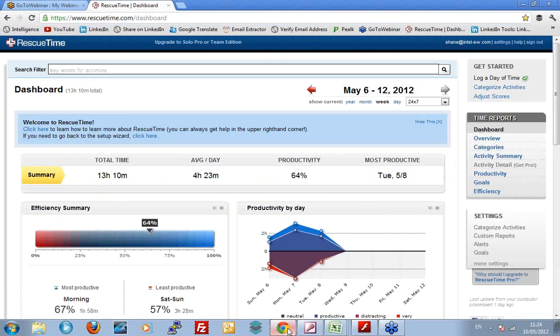Whenever I get up and leave my computer and come back again, it asks me, what were you doing for the last 10 minutes? And I record what it was. So it actually gets a sense of what I'm doing over time. It's free if you want to use it for an individual. You can pay them a little bit of money and use it for a team. But what it does is build up profiles of everything that I'm doing, and it's automatic. It just sits there giving me the information, tells me when I'm most productive, when I'm least productive.